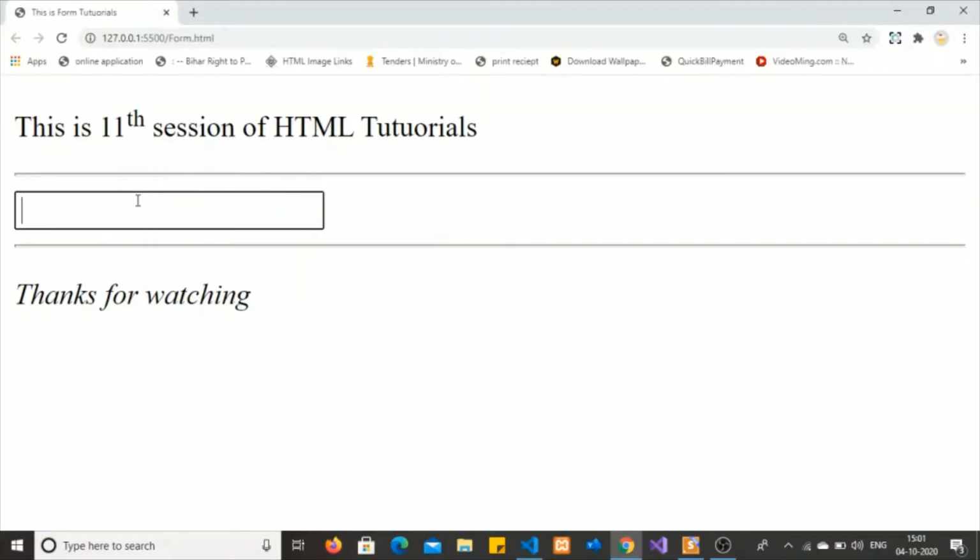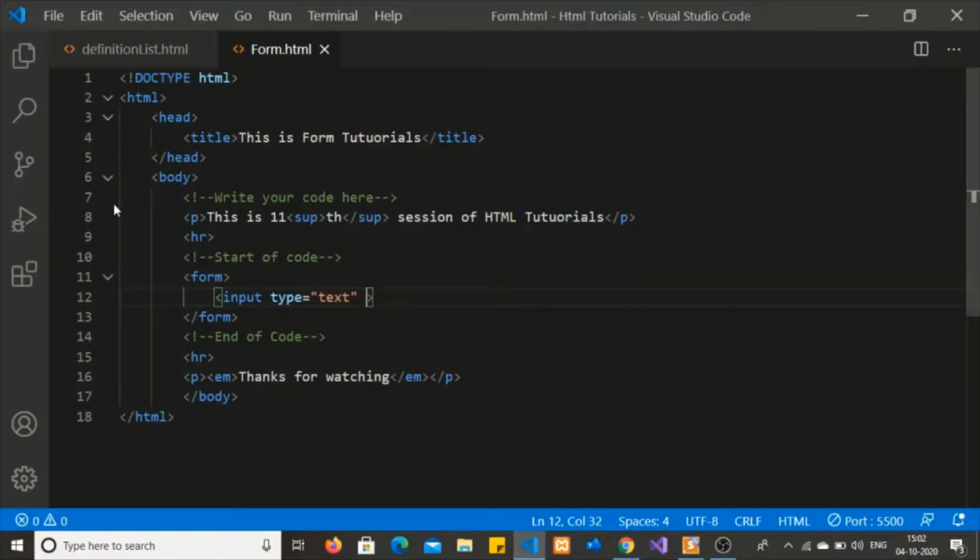Okay, as you may see here, the text type of input is a non-generic type. In this, we can take any type of input like numbers, digits, alphabets, symbols, and anything. We can make it generic by applying the pattern attribute. We will do it in upcoming videos, but in this tutorial we are just going to see the input type of text. It has one more attribute, name.